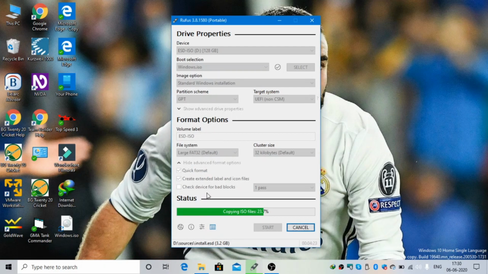So you will require a minimum of an 8 GB pen drive for creating this bootable USB. It can be a pen drive or it can be an external drive.